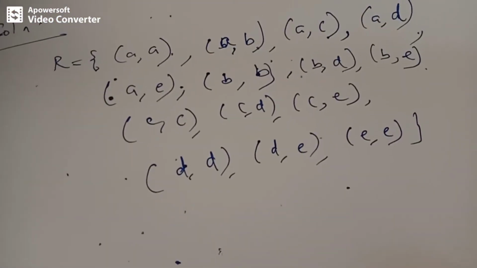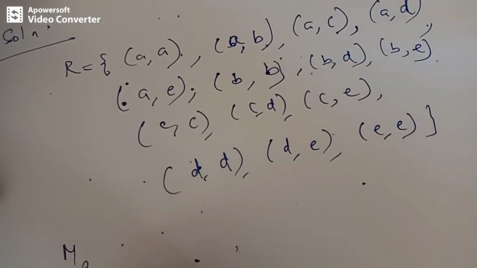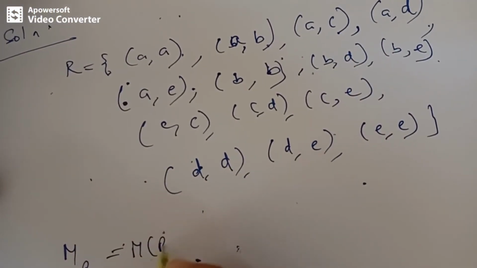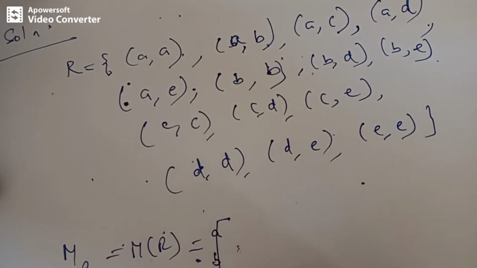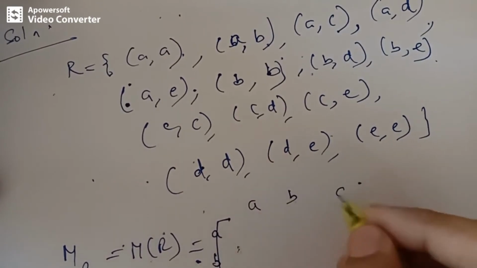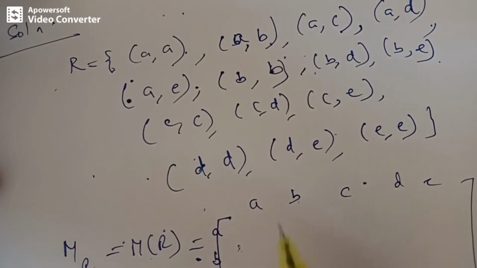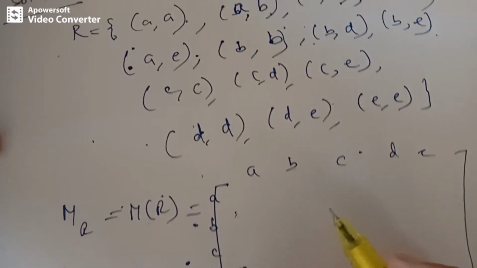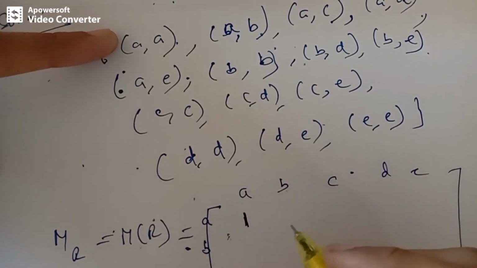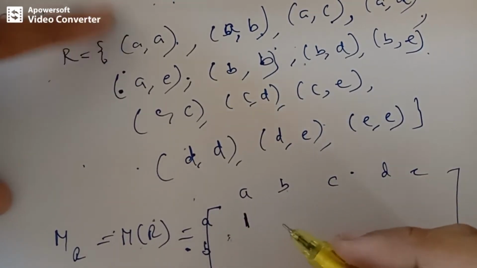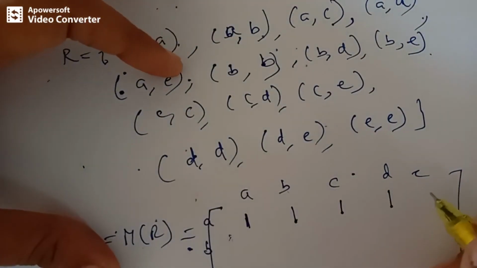So once we know this, let us construct the relation matrix. It is represented by MR or M of R. So we write the relation matrix in this way, and I'll just name the rows and columns for my reference. Rows are A, B, C, D, E, and columns are also A, B, C, D, E. You know that the pair A, A belongs to the relation. Therefore, you label the matrix entry as 1. Even A, B belongs to the relation. A, C also belongs to the relation. A, D and A, E.